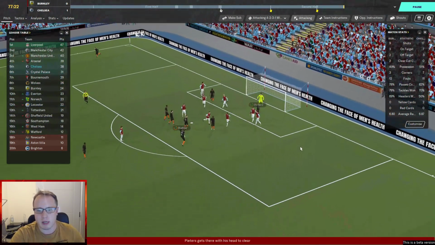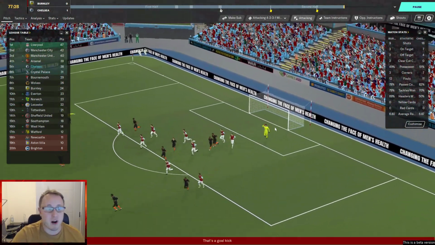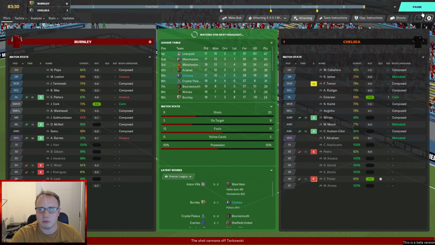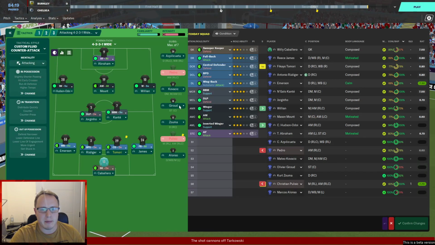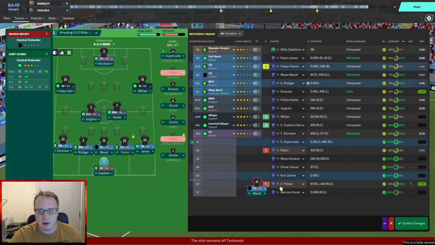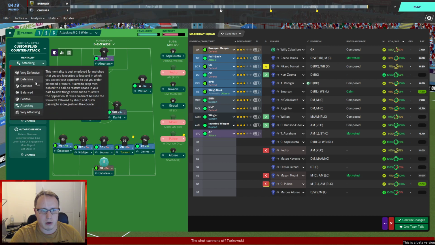We've got a corner. Reece James whips it in. Rudiger has a shot. Not far off, to be honest with you, Rudiger. Right, I'm thinking maybe just bringing on another defender. Bring on Kurt Zuma. And just kind of go...